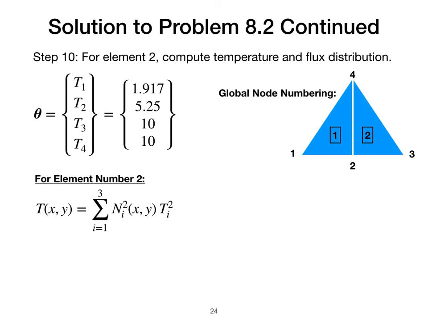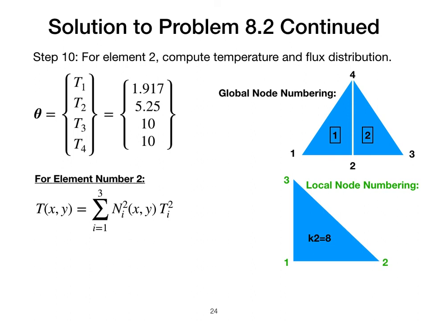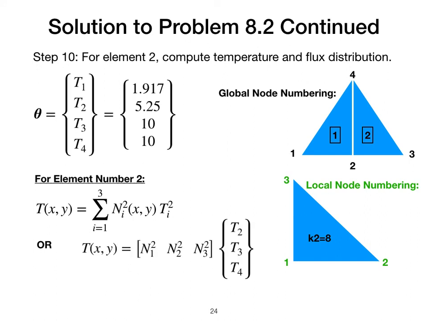Again, T is expressed in local node numbering only, so accordingly we have to extract the local temperatures from the global temperature vector. We get T equal to the shape function matrix for element number 2 multiplied by the temperature vector for element number 2,